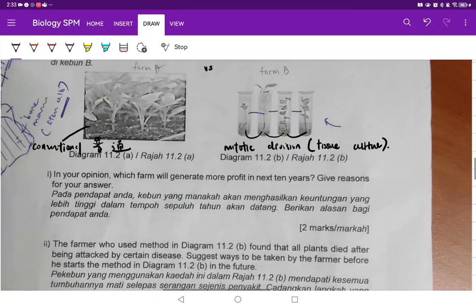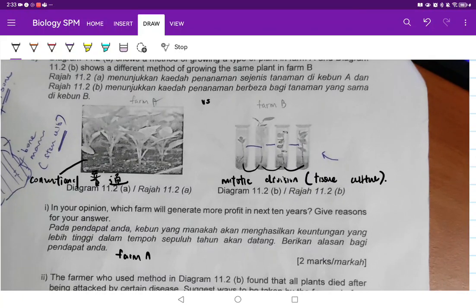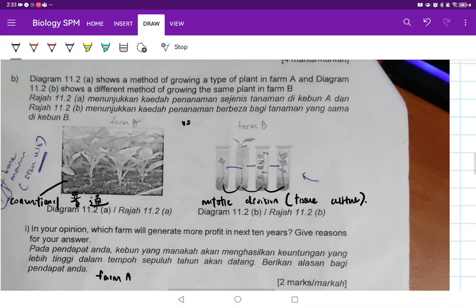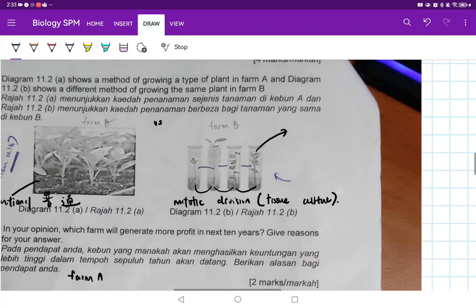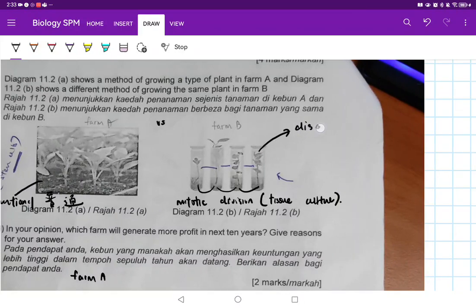So which one is more advantageous? Farm A. Why is it farm A? You have to look at the disadvantages of pure mitosis. When you look at this question, you have to think of what are the disadvantages of mitosis. Alright? So the first